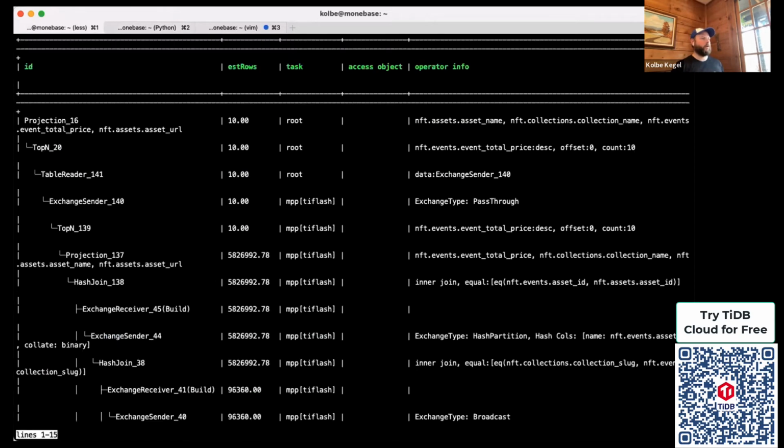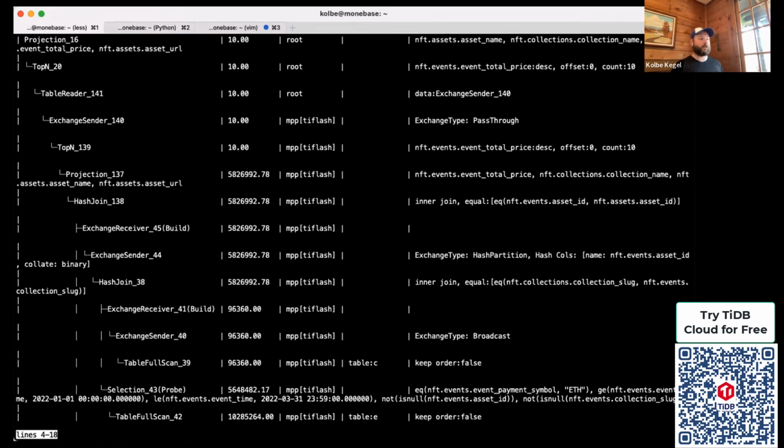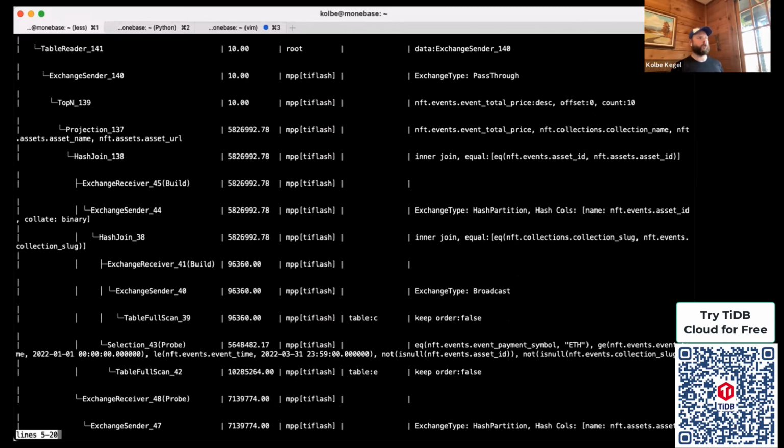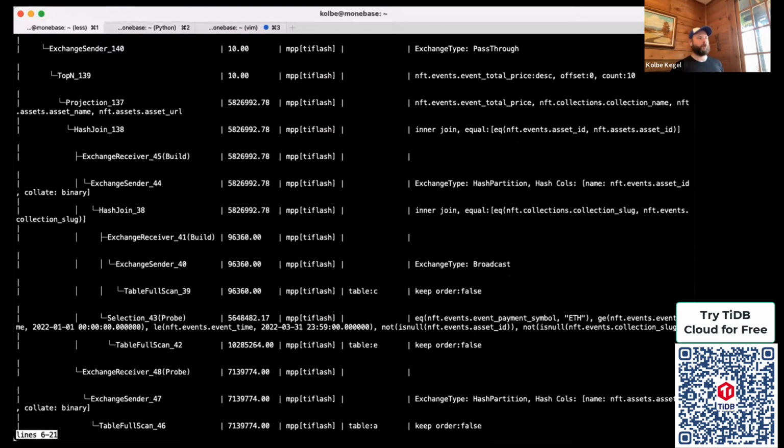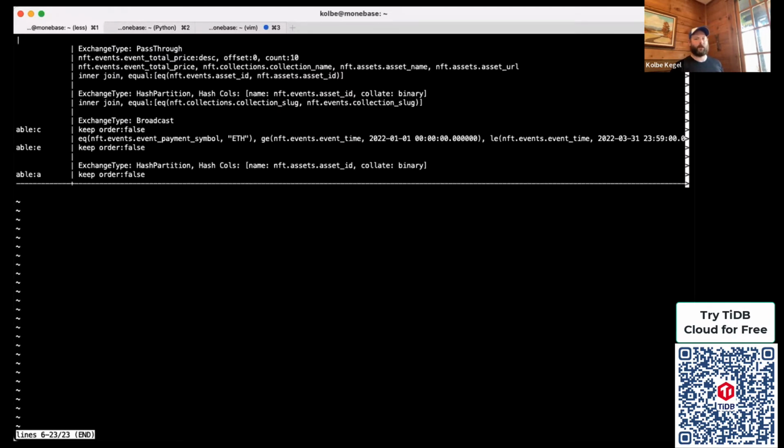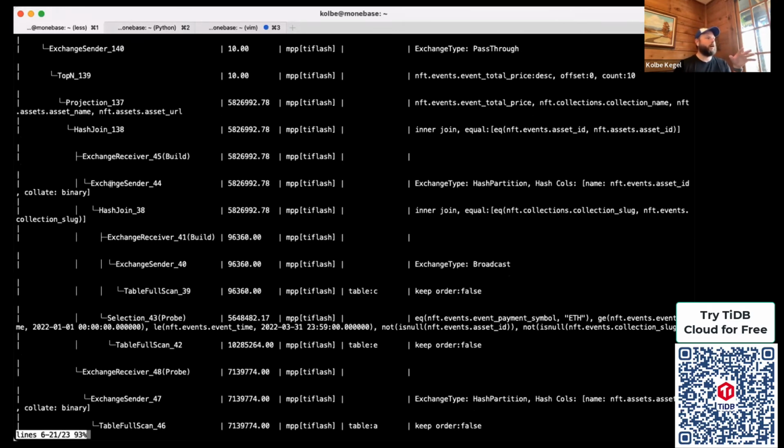Meanwhile, over here, we see this execution plan where, again, it's not only pushing down the computation to TiFlash, but it's actually pushing down the entire join to TiFlash. So when we see stuff like exchange sender, hash join, all of these senders and receivers are actually part of the MPP framework inside of TiFlash. MPP is